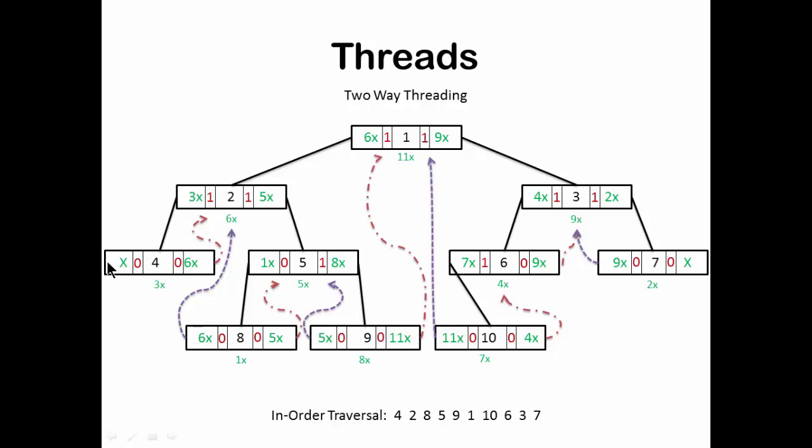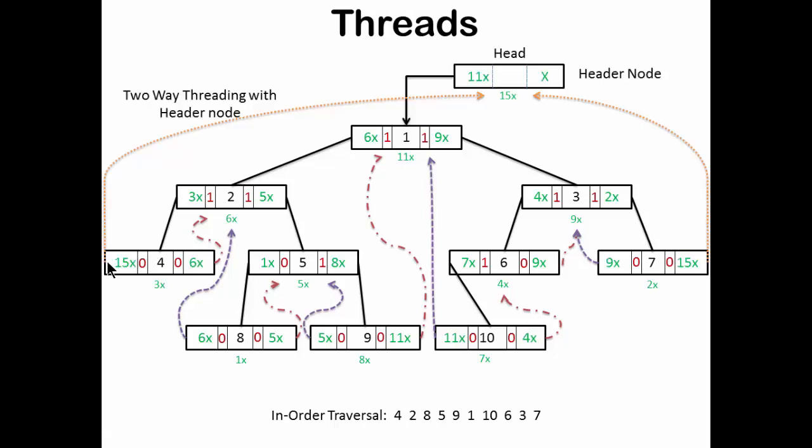So we can have a solution for them again with the variation that we have seen regarding the header nodes. We can have a header node or a dummy node which points towards the root node, and this header node's information can be fed into the extreme left child's left address value and the extreme right child's right address value. So now instead of pointing towards null, they will come all the way back towards the header node. So this is the way threads work.